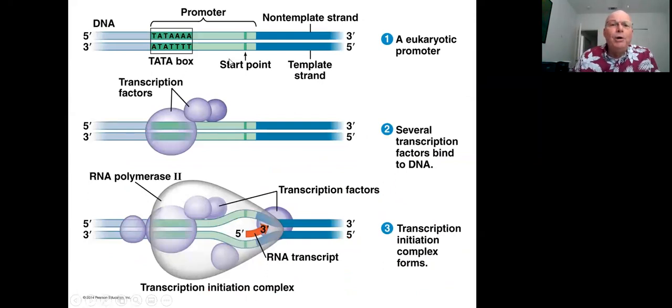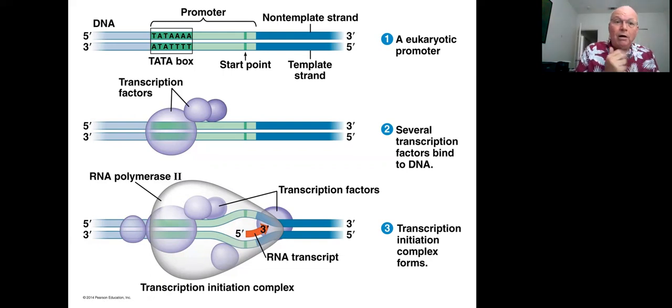So in the promoter region of a eukaryotic gene, on the non-template strand, so on the non-coding strand, there's this repeating sequence of nucleotides, TATA. And this has become known as the TATA box. And this is important because a protein called a transcription factor will bind to this. Now, the diagram in the book does not go into as much detail as I think you ought to know